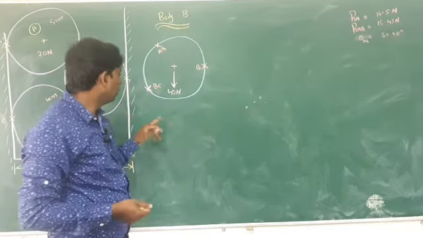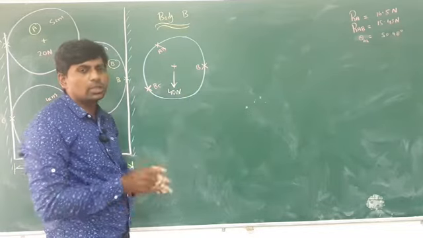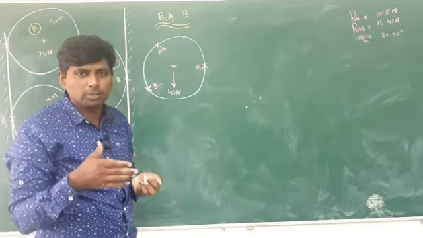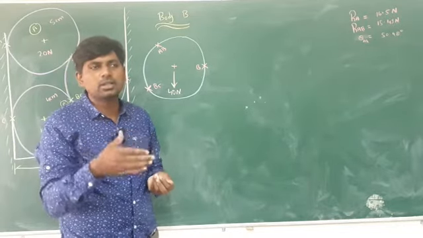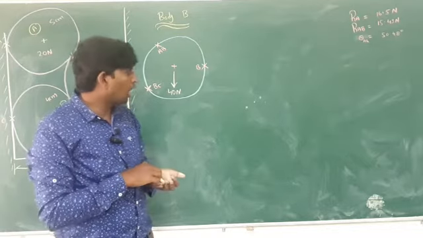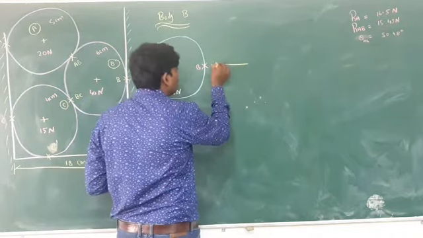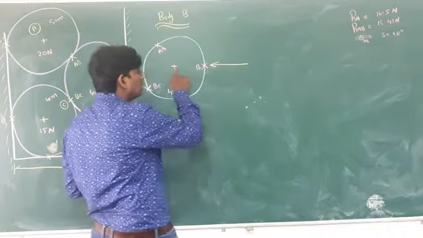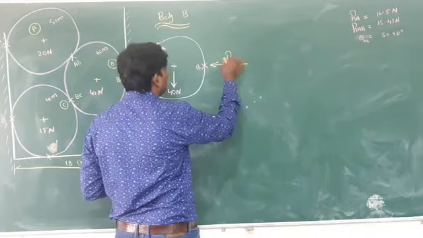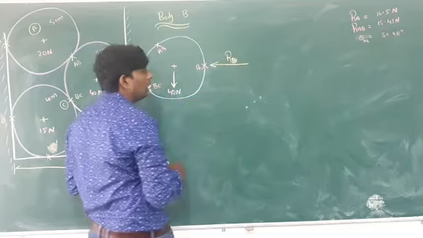First you have to locate these points. The arrow or the vector should be such that after touching that point, it will touch the center. So the arrow point should be like this. This one is your B, after touching here it will touch the center, so I will write here RB.